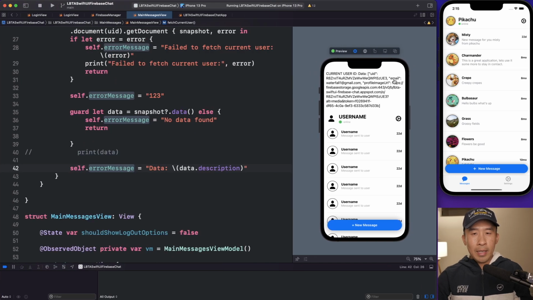So if we look at the data, it's a dictionary of the UID, which has this R8 Z value, our email waterfall1, and the profile URL, which is this long URL here. So that's pretty good. This means that we're correctly logged in and we're able to correctly fetch the current logged-in user's information. And what I'll do now is ingest or decode this dictionary as a kind of user that we can use for